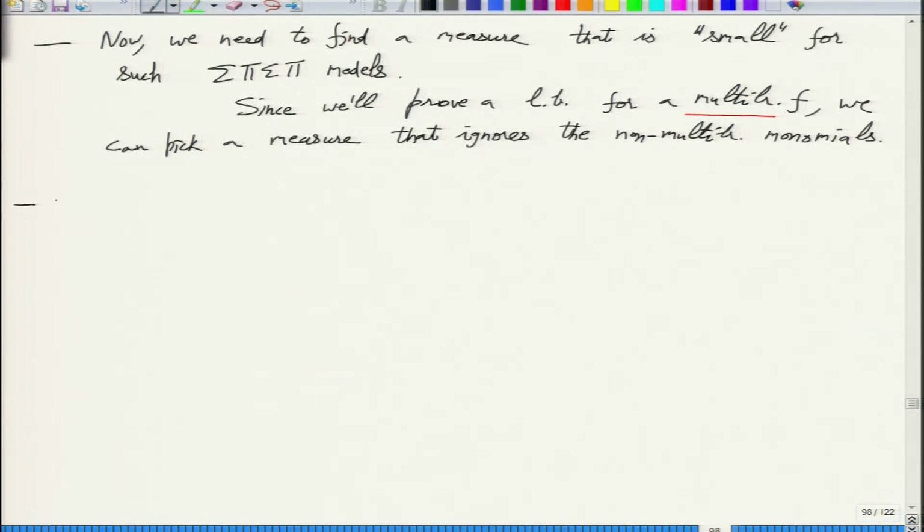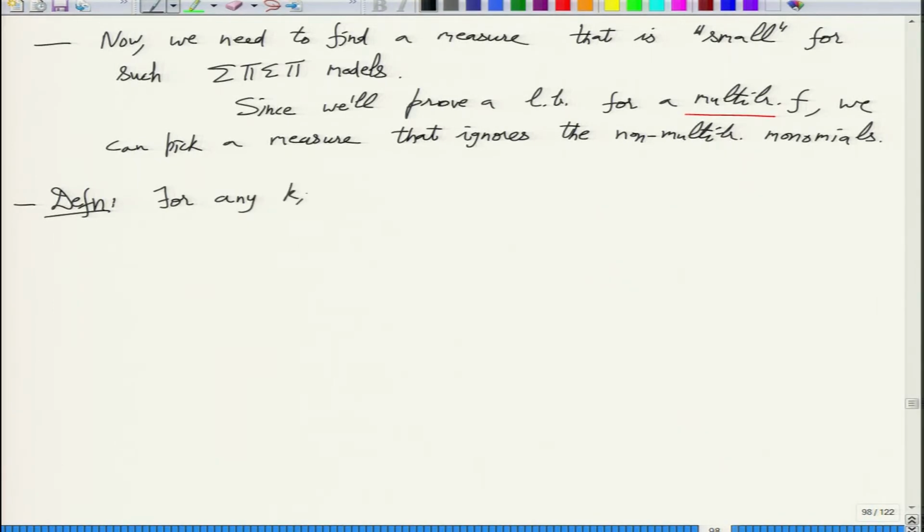So let us just give the definition of the measure in full. You compute the derivative with respect to each variable, set it to 0, and if it becomes 0, then that is a square term. No, so I'll now give the definition of the measure. A measure that works for any polynomial. The polynomial will not be restricted. It will be a modification of shifted partials.